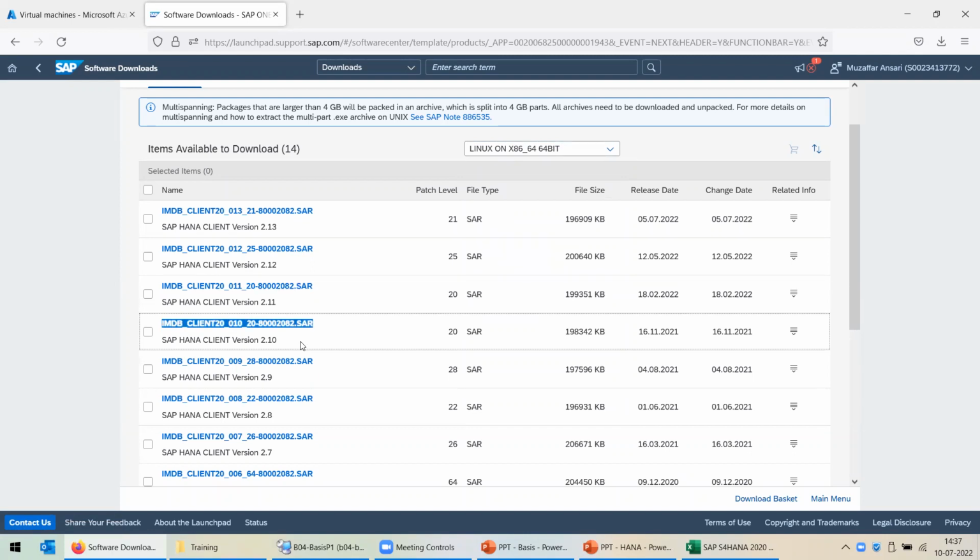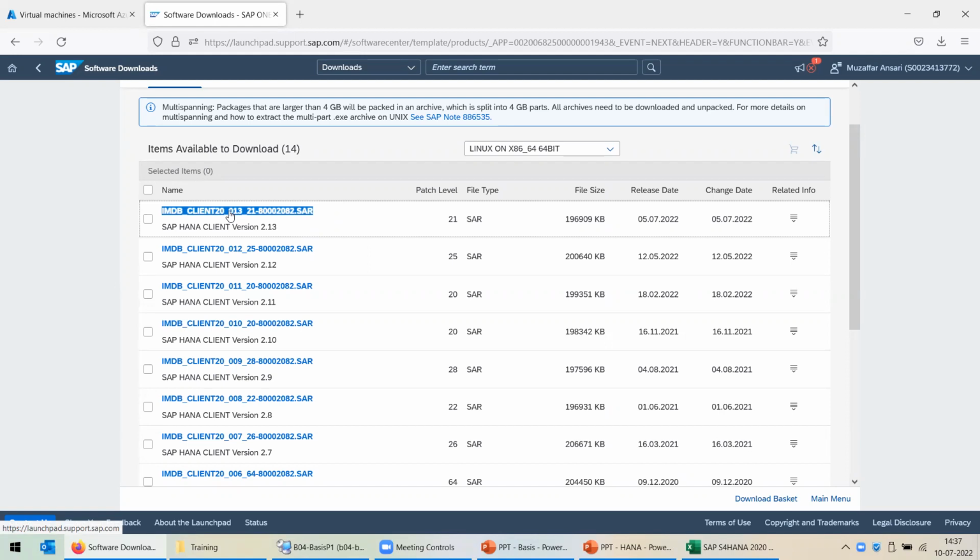Okay, and it is the last version of HANA client, we just choose it as the default one. This one you mean to say? Yeah, I see. Okay, so yes, if you want to upgrade to this version, the first thing that you need